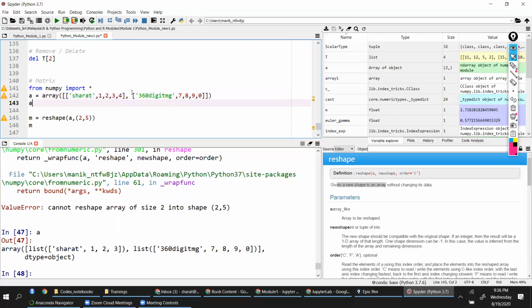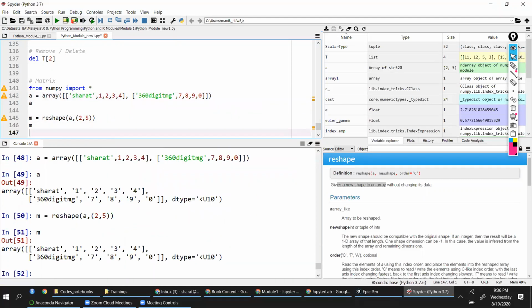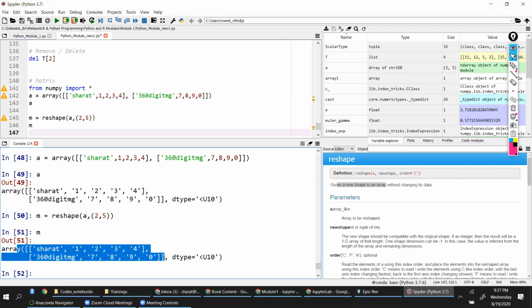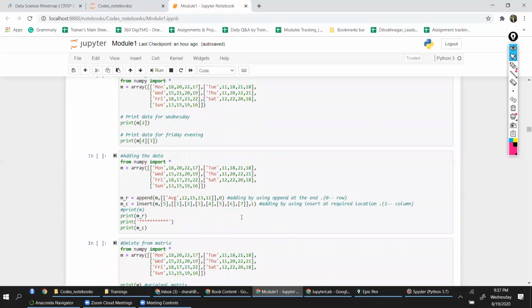Yeah. If I do 4 here, now it works. I will be able to reshape it. Same thing, there is no difference. But it has fixed length, so it can be reshaped, and you are going to call that a matrix. So any specific use of this reshape? Nothing, right? From a program perspective, you're giving a confined shape. When you say reshape, you're basically giving a fixed dimension to it.